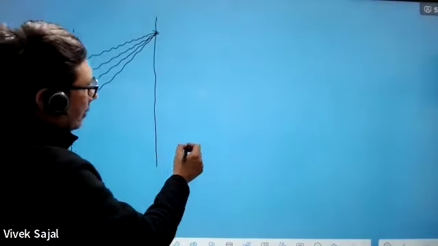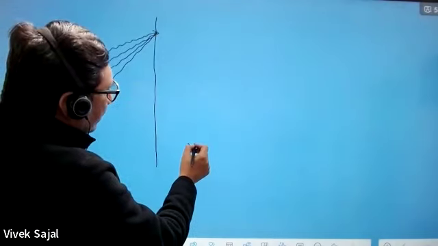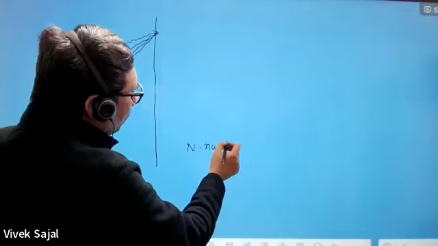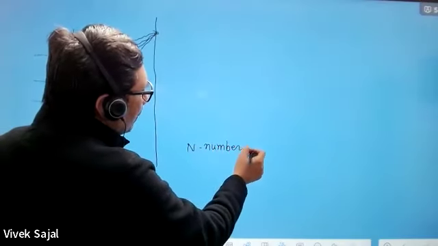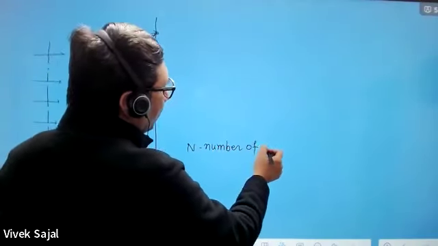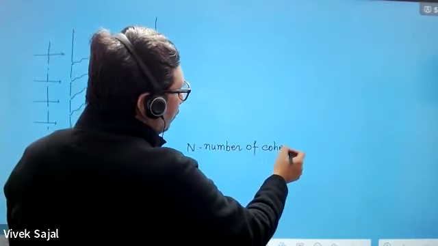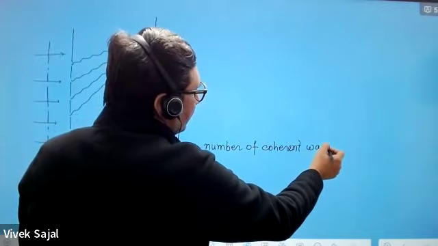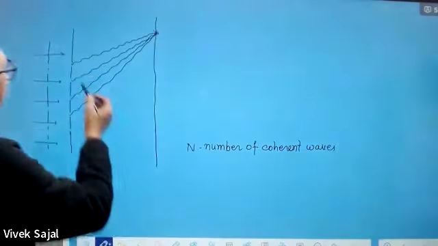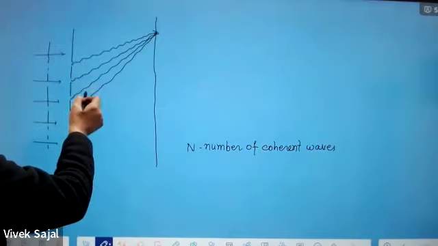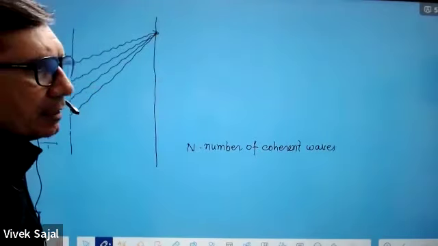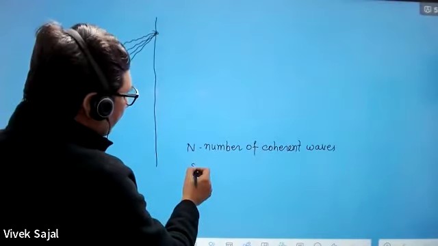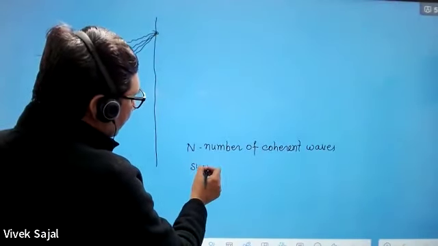So you are having n number of coherent waves, and the phase difference between two successive waves is